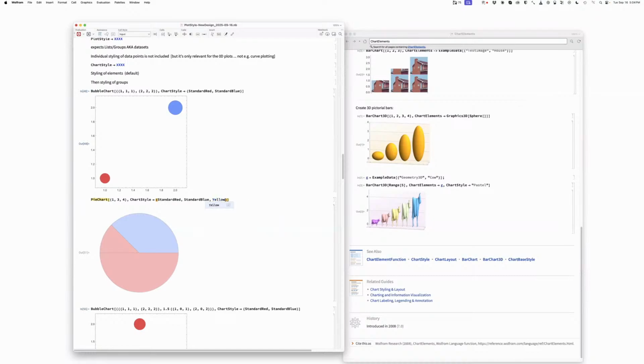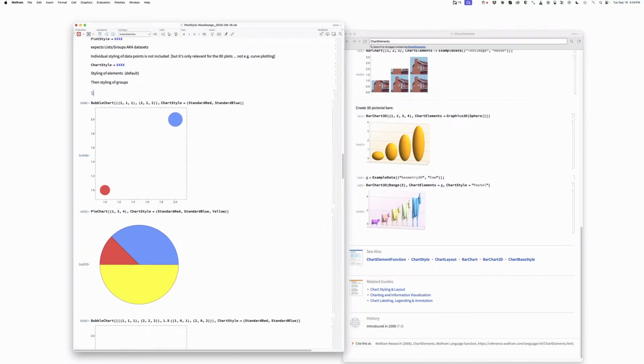The default interpretation of a single level of styles is sometimes element and sometimes group, depending on the function. Okay, let's go through what's what. Okay, the single level here is this. So single level